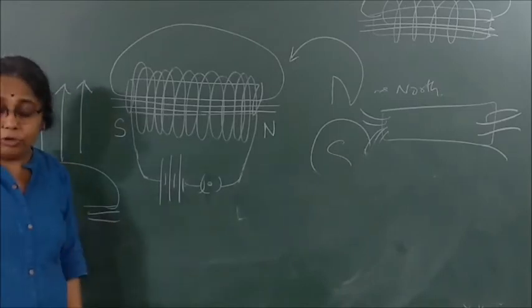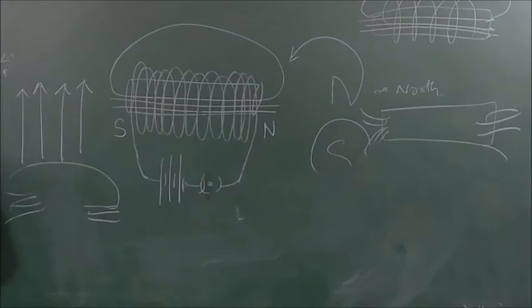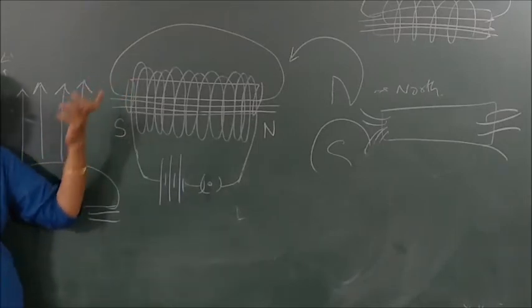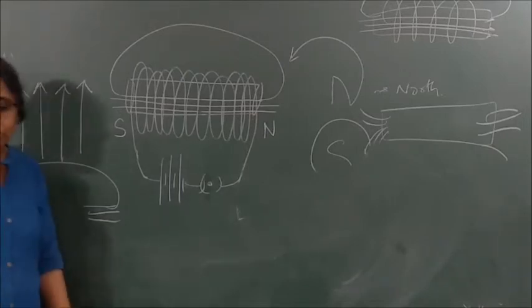Fine, let us read. Okay, one more thing. If I replace this non-conducting material with a soft iron core, with the copper wire wound around the iron piece, then it starts behaving like what magnet? Electromagnet. As long as I pass current through it, it will behave like a magnet. When I stop, it again becomes just an iron core. Understood?